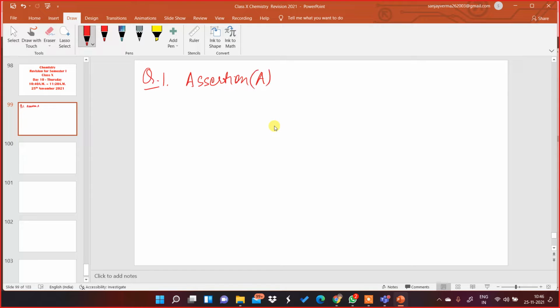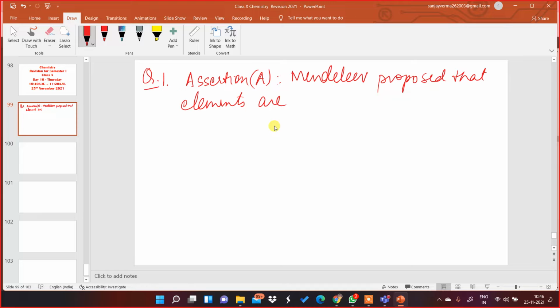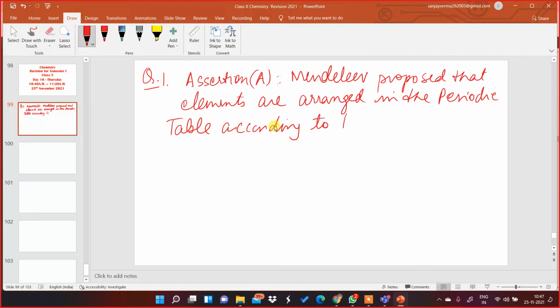Assertion A. Mendeleev proposed that elements are arranged in the periodic table according to their atomic weights. Okay, that is the assertion,